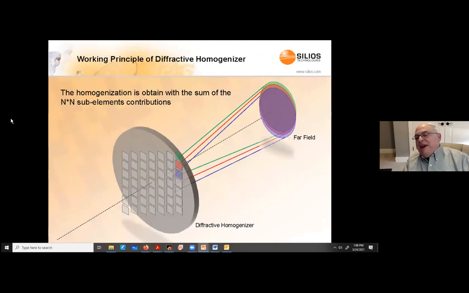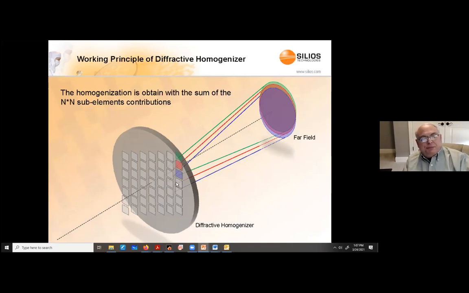Sort of the secret sauce to making these little aluminum foil projectiles, which people call flyer plates, and they have the form of a disc, 0.5 millimeter in diameter and various thicknesses depending, is to have the right conditioned laser beam. So we have a powerful solid state laser, but it makes a terrible beam. And the way we correct this is we use this diffractive optic from this company, Cilios. It's got a number of little diffractive elements, and each element has the property that when it's uniformly illuminated, it produces a uniform disk in the far field.